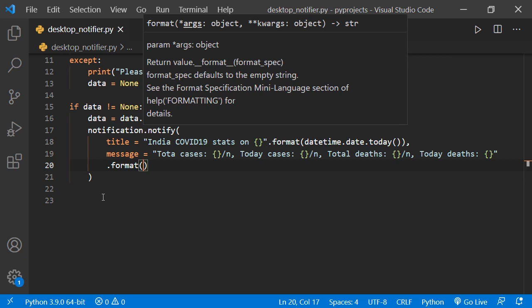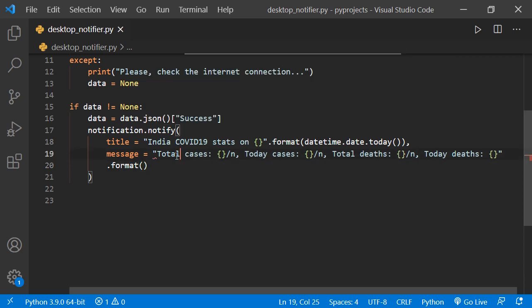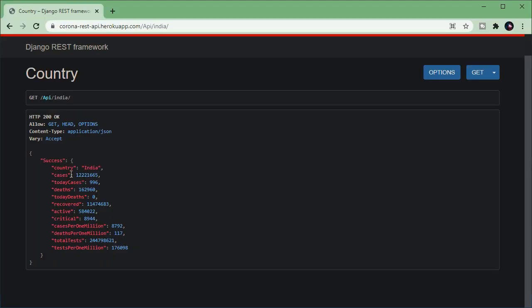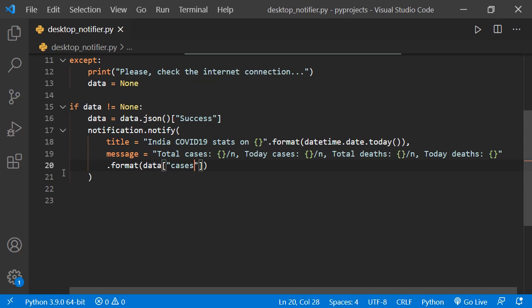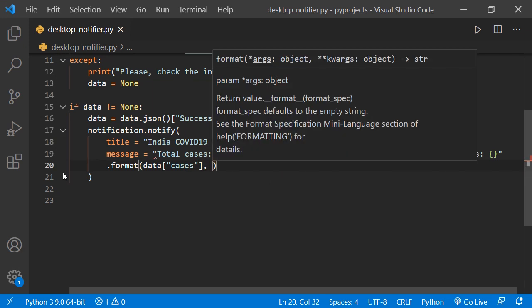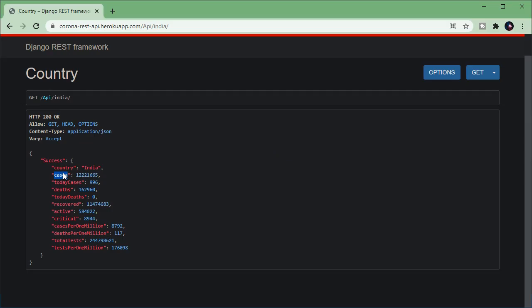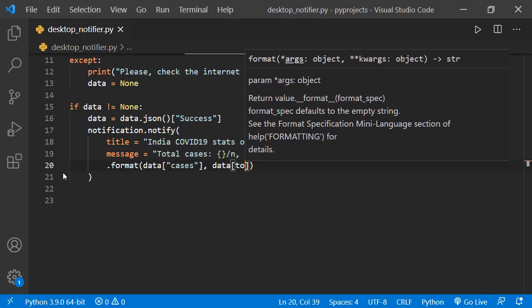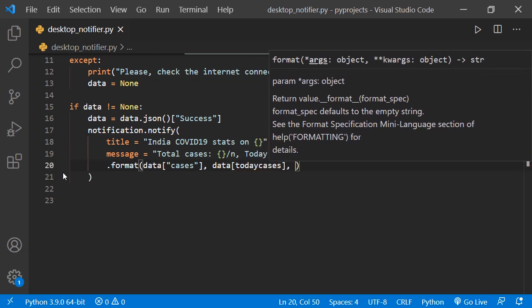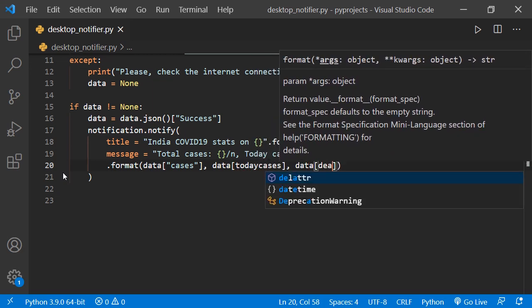For the total cases, to give that value, I have to use data of cases, I think. So we have to enter this name, data of cases, and they are case sensitive, we have to remember that. And then data of today cases, and then data of deaths.